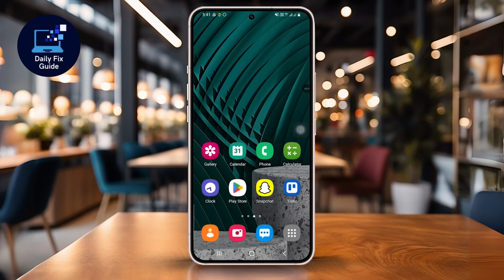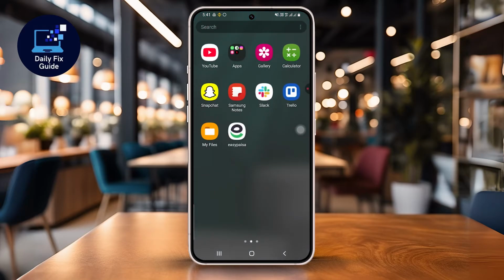Hey guys, in this video, we're going to show you how to turn off the Gemini Google Assistant on Android. If the Gemini Google Assistant is still active on your Android device, it's often due to voice permissions being enabled, Google Assistant settings not being fully turned off, or the Gemini app continuing to use assistant features. You can fix this by disabling microphone access, turning off voice match and assistant settings, and adjusting Gemini's settings before